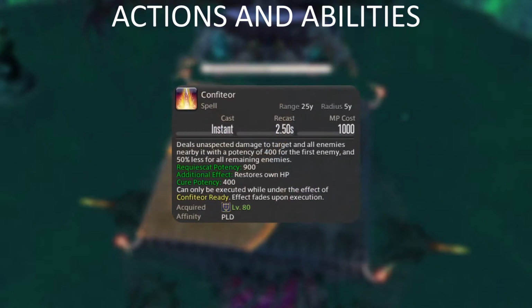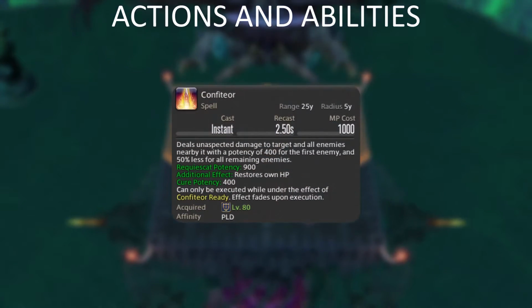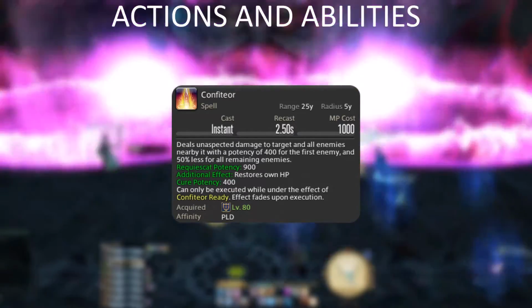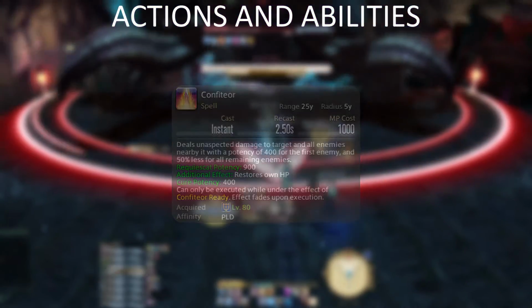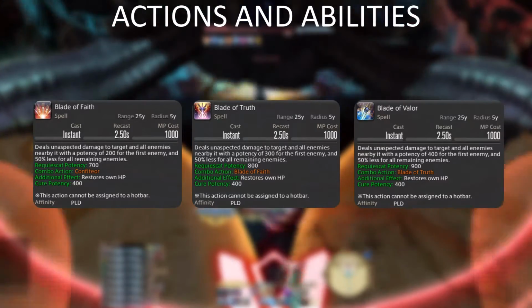The last spell Paladins have is Confiteor. This does a decent chunk of damage, which is also increased by Requiescat. The spell additionally restores some of your HP and can only be cast if under the effect of Confiteor ready. After using Confiteor, you gain access to an upgraded 1-2-3 combo: Blade of Faith, Blade of Truth and Blade of